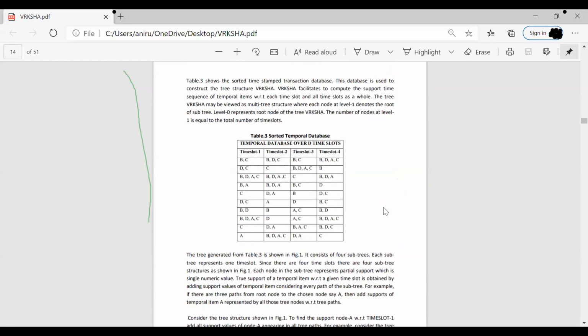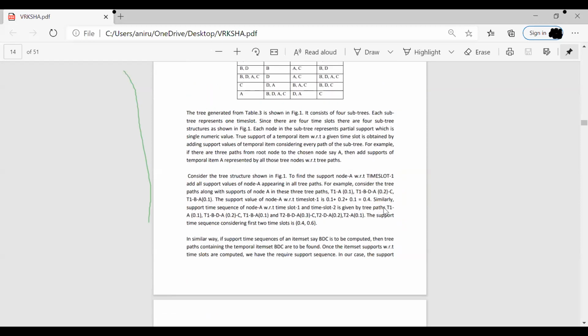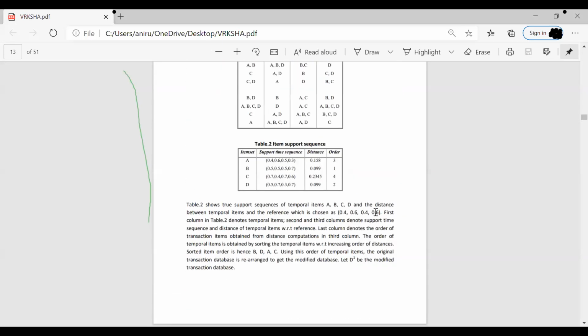Actually, in this research paper they have approached through FP tree, by building an FP approach, ma'am. Some methods, some techniques you need to understand to generate all these values. That is what is required here. The FP tree approach they have chosen, ma'am. Like already it's there in the research paper. Here you can see.